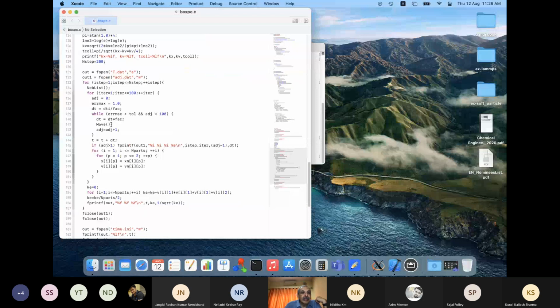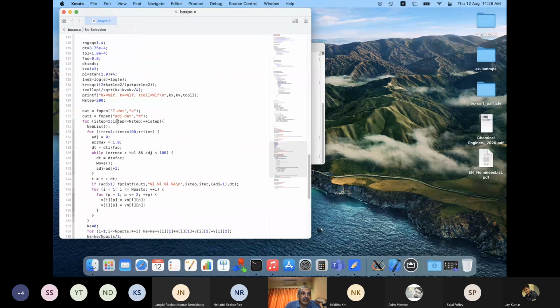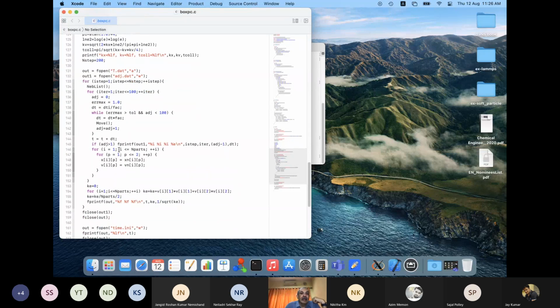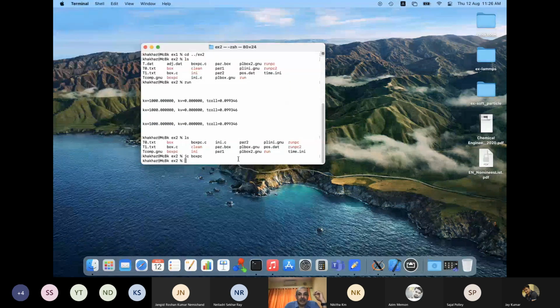So if the error here is larger than the tolerance, then your dt is reduced by a factor called fac, where fac is 0.8. So I keep on reducing the time step by 0.8 until the error satisfies this limit. And so if I do run